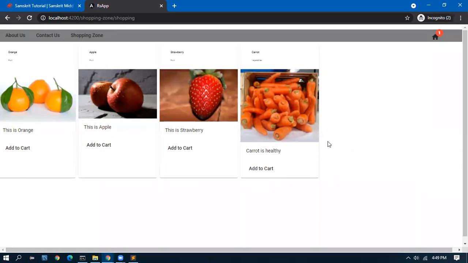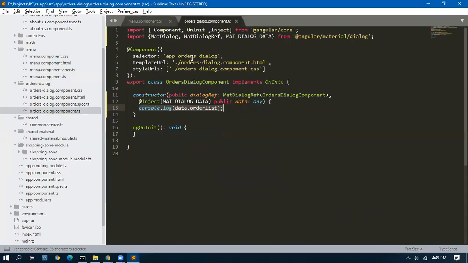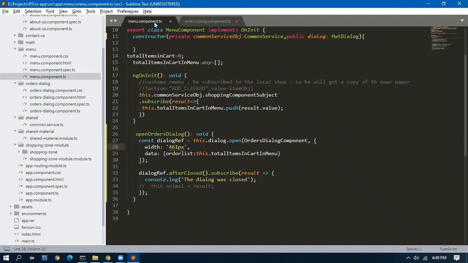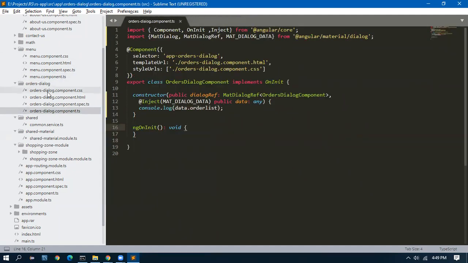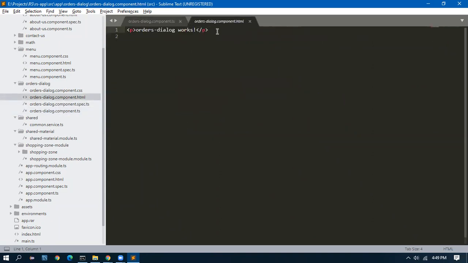Okay. Yeah. So we got the data in the pop-up. All we need to do now is print the data. So I'll go to the menu component, which is done. I can ignore it. In the orders component where it says orders works, I will do ng for